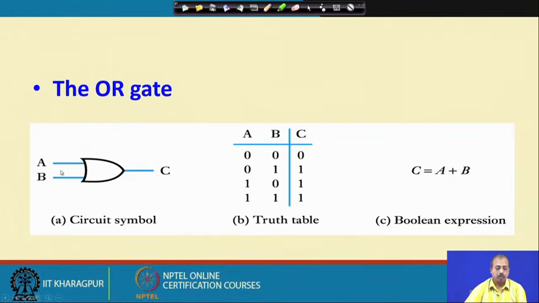If you want more inputs, they can be added here. Theoretically there is no limit on the number of inputs that you can have to a gate, but of course, ultimately these will be represented by digital ICs, so they will have their own restrictions. You will find different numbers of inputs for different IC chips. You can have a 2 input OR gate or a 4 input OR gate. Normally we do not have odd numbers of inputs to the gate, and 2 and 4 are the common ones. We do not have more because that will make the gate more complex.